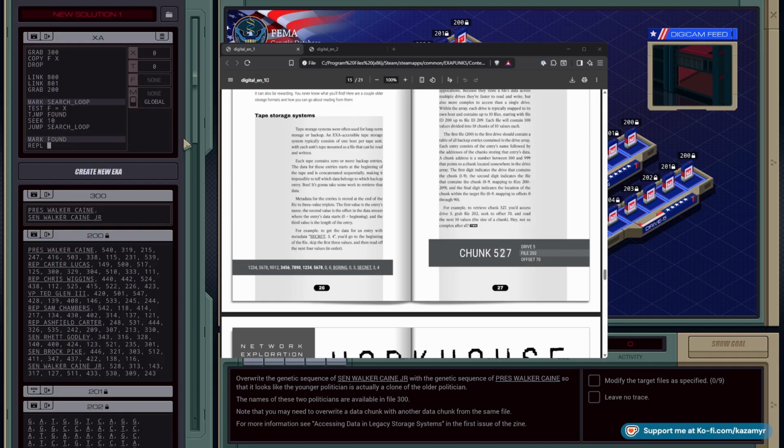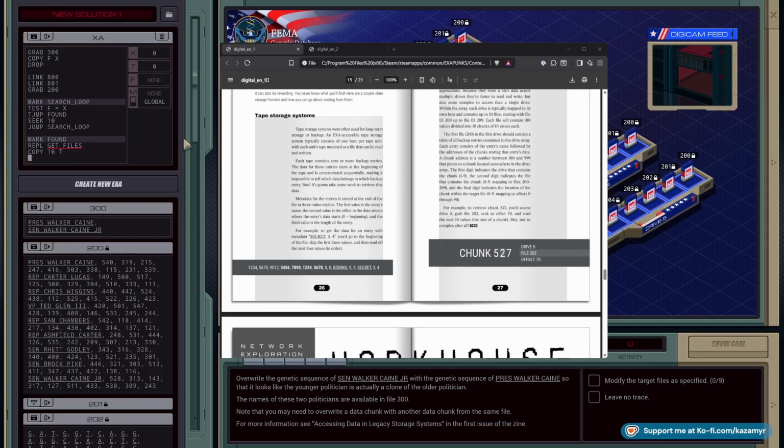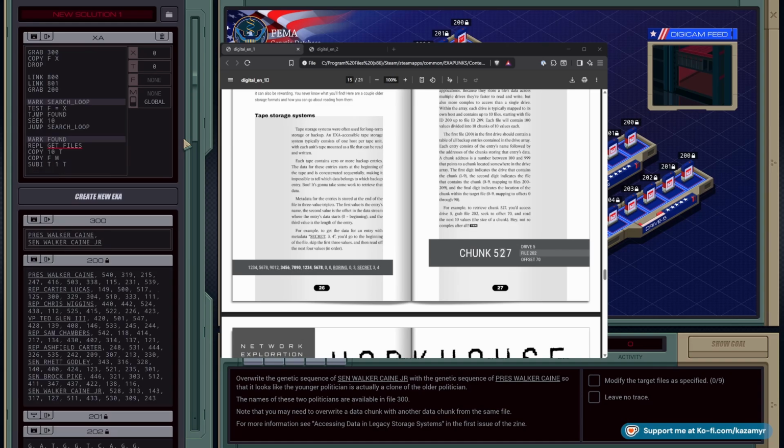We want to REPL get files, and then we're gonna just do 10 times. So we're gonna copy 10 into T. We're trying to save space here with the code if we can, and we're gonna copy F to M sub I T1T, and then we're gonna T jump